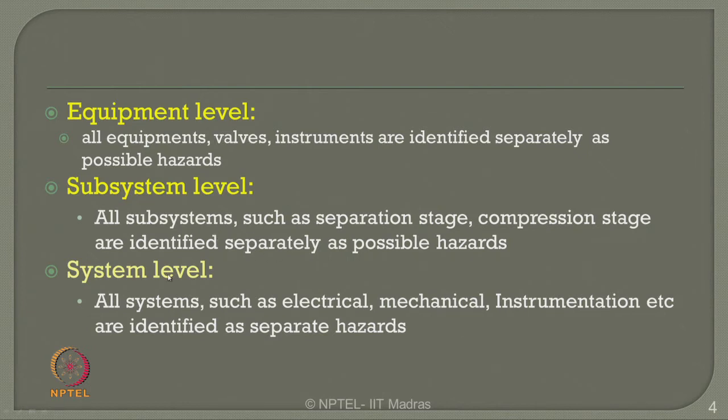In system level we globalize them, interconnect them, such as electrical, mechanical and instrumentation hazards. So, electrical, mechanical and instrumentation hazards can include subsystems related to operation, compression, separation stages, etc. They of course also include equipments related to valves, instruments, electronic equipments, etc. So, system level is an integration of hazards in subsystem and equipment level together. But there are different scenarios, there are different advantages, merits and insights of different levels of hazard analysis. Let us quickly see what they are.